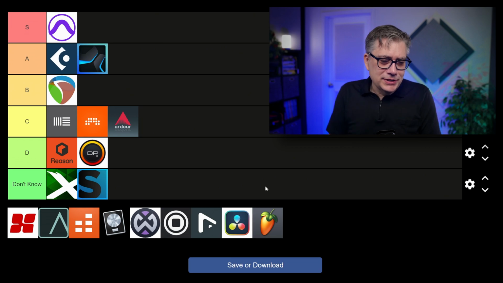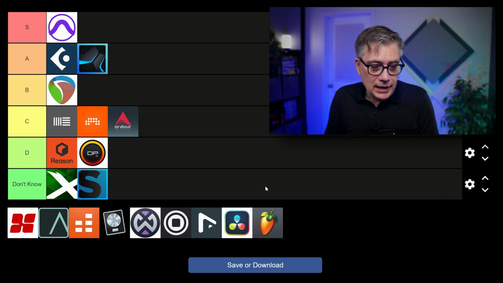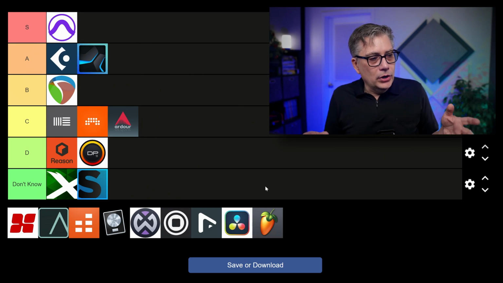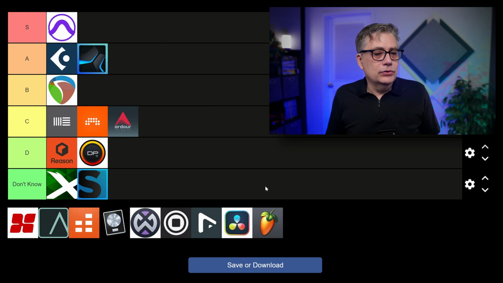So the next one is interesting, Mixbus. Now Mixbus is based on Ardour, and they recently implemented an internal Dolby Atmos renderer in the latest version of Mixbus. And that is actually quite unique. Usually when you go from a stereo DAW to a Dolby Atmos capable DAW, you need to figure out how to work with multi-channel tracks in your stereo DAW.